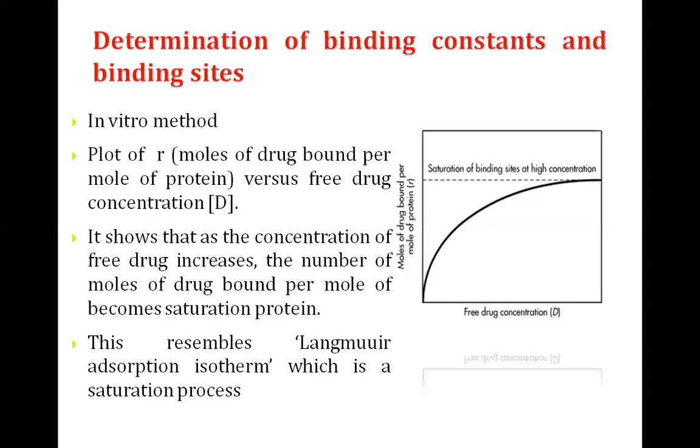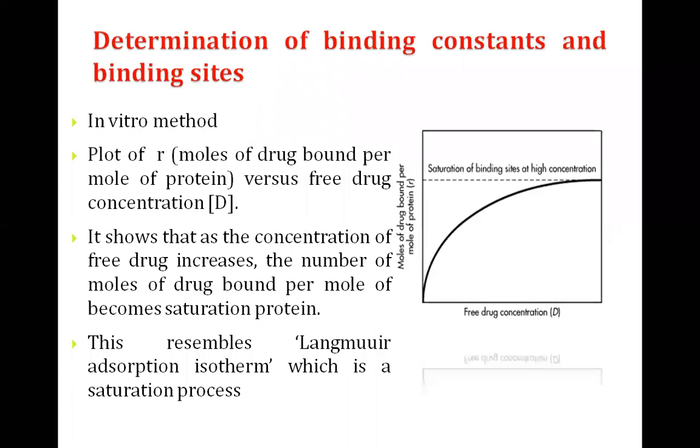There are techniques which we can easily utilize to determine all this. So don't worry, it is available. You can easily determine everything. So R value is easy because R is nothing but PD divided by PD plus P, which is the total protein. Moles of protein bound to the drug divided by total protein. So total protein is the free protein plus the protein bound to the drug. So I have got the R value for each test tube. Now plot that against the respective concentration of the drug which you added to that particular test tube.